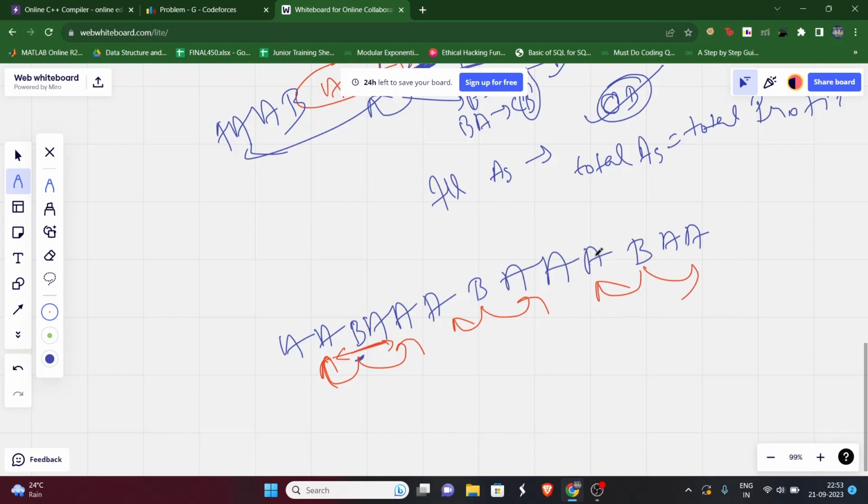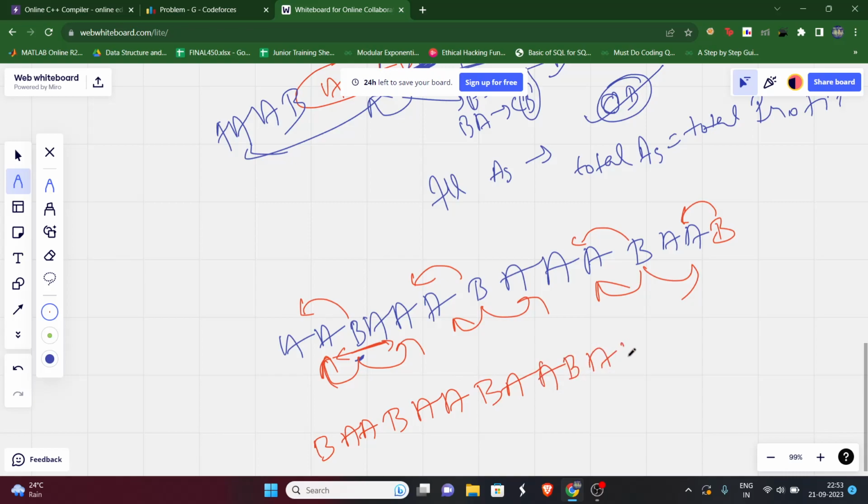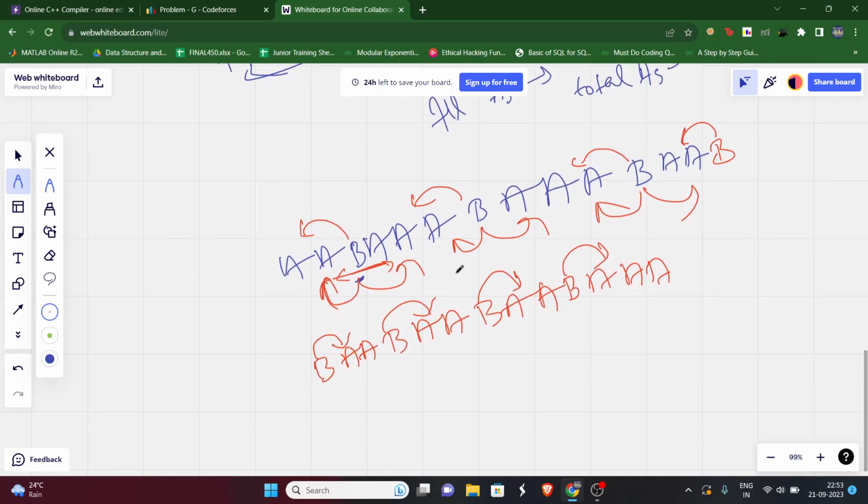But if I introduce one more B over here, then we can always go this way, left, and again left, and again left. Or if this was the pattern formed, some B and then B and some B and then again some A, then in this scenario we can choose this B and go right, again this B and right, again this B and right. So in both scenarios, what we are seeing over here is